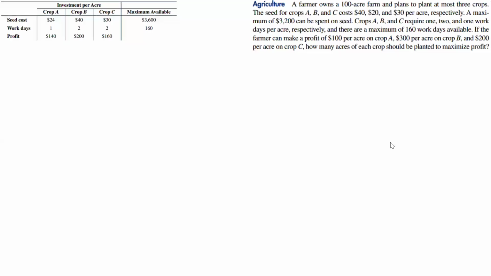All right, so let's look at application problems. The original problem was this one here, where we have a farmer owning a 100-acre farm and plans to plant at most three crops. The seeds for crops A, B, and C cost